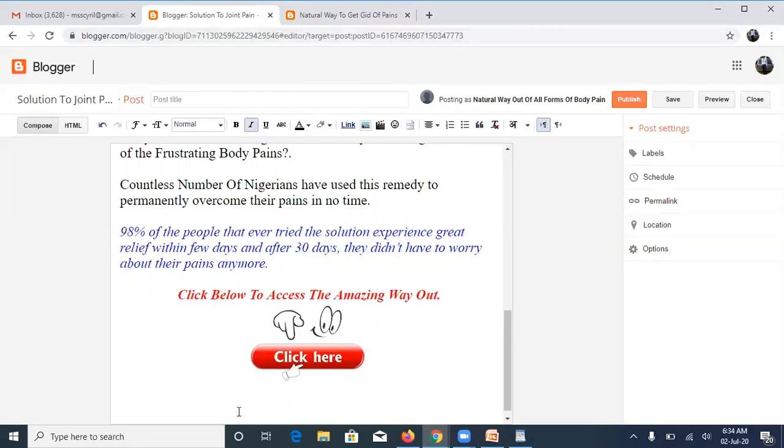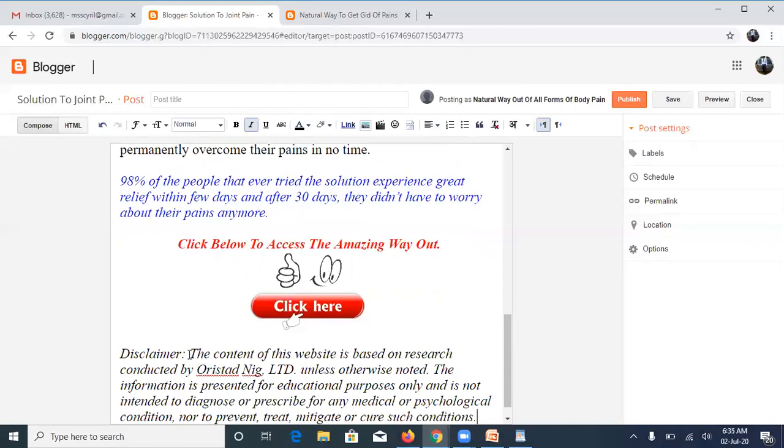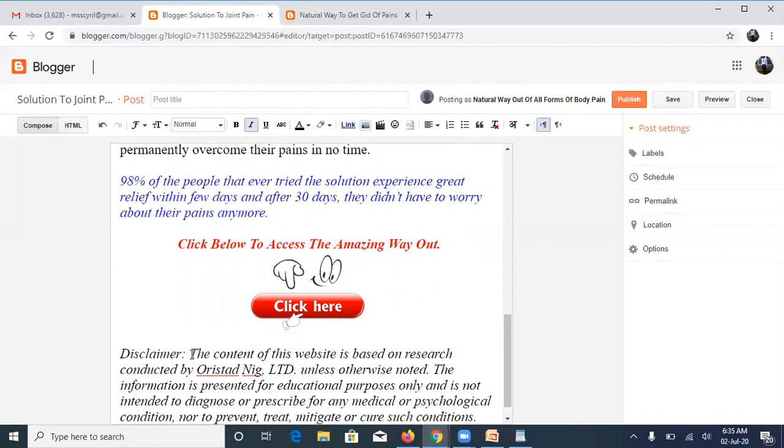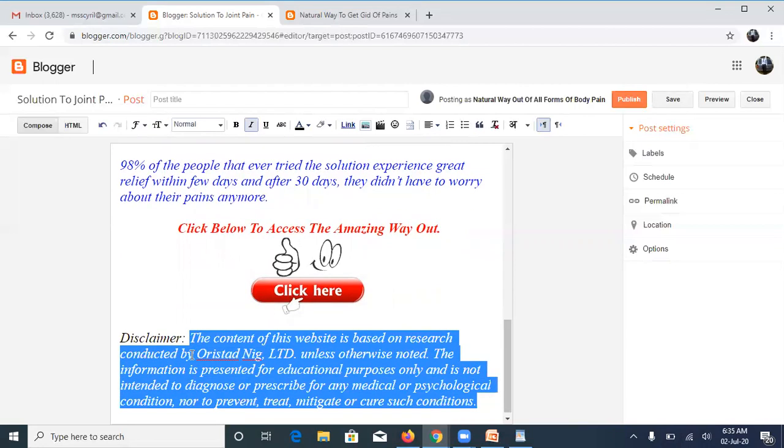So this is my disclaimer. Let me just paste the disclaimer. Then I want to resize it. Okay. Now, as you can see, the disclaimer says,